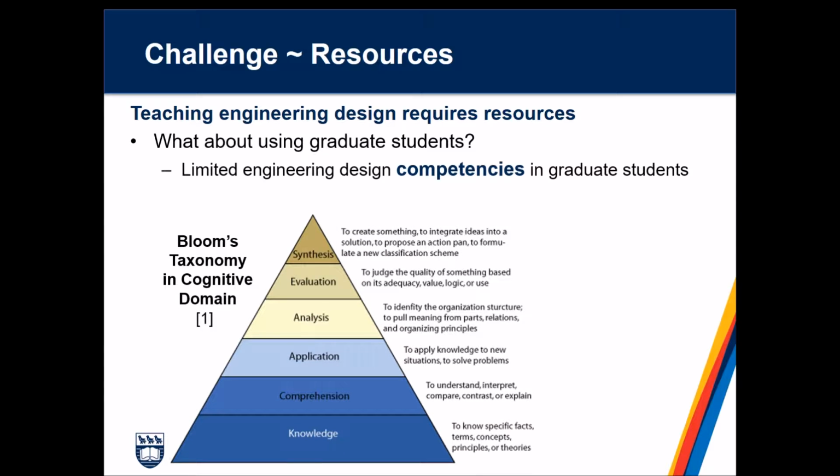Bloom's model describes the staged learning process one undertakes as they proceed in learning a new subject. Learners start at the bottom of the pyramid as a novice, developing the basic competencies or knowledge of the facts, terms, and concepts. Once the competencies in this tier are acquired by the learner, he or she proceeds upward into the next tier. This happens until the learner eventually reaches the synthesis stage, when he or she is in fact creating new knowledge in the domain. At this point, the learner is considered as obtaining mastery of the subject. In essence, Bloom's taxonomy describes how we learn.